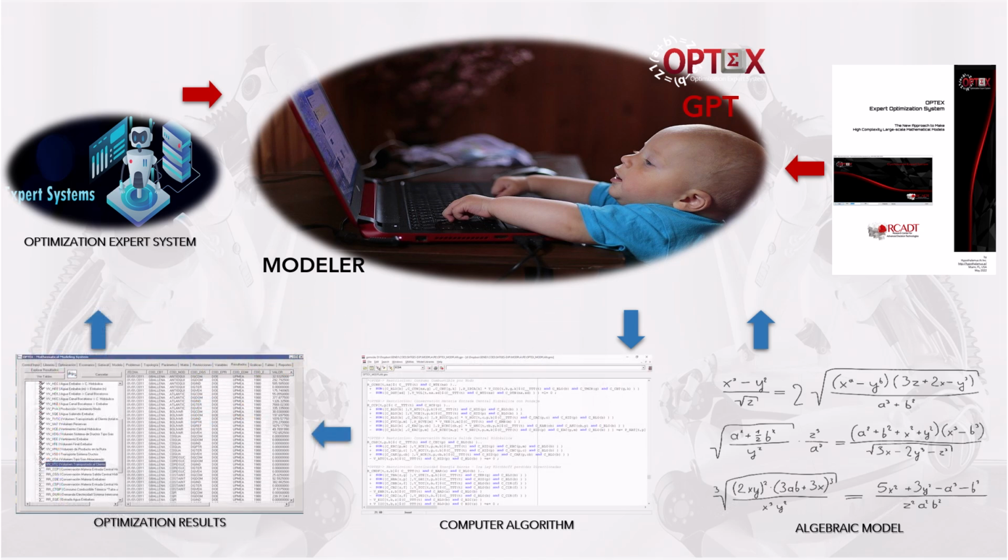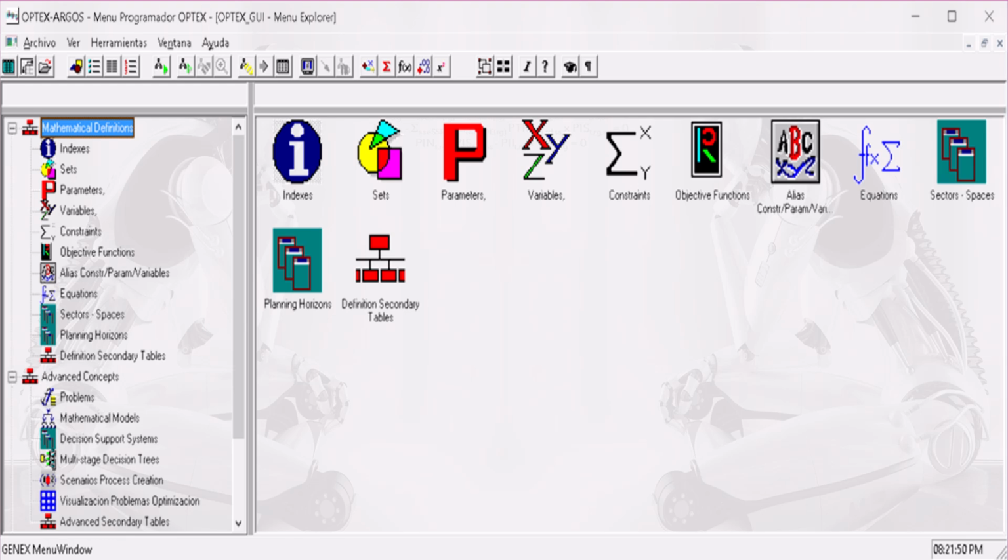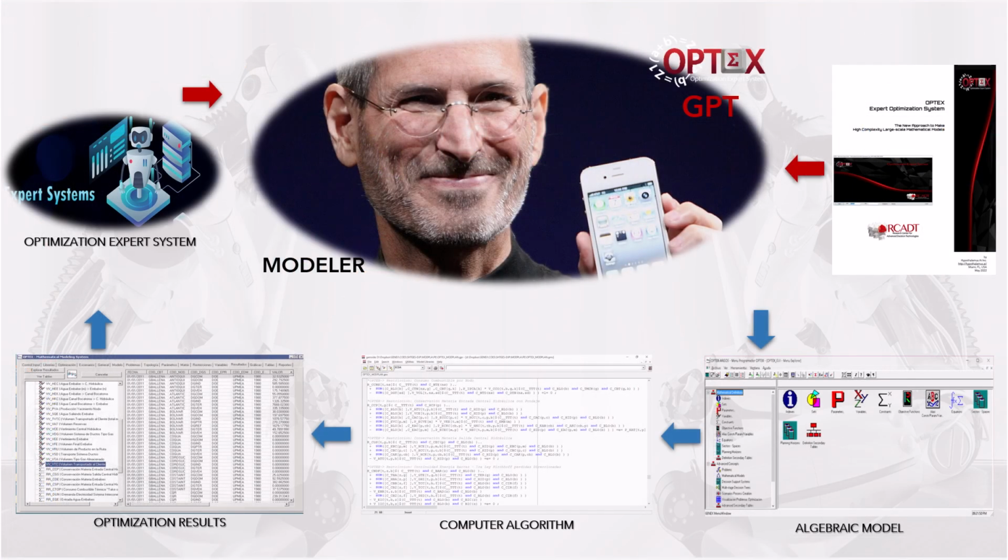The data source for building a model can be the description of the real model, and/or the algebraic formulation, and/or pre-existing models in the OPTEX database. Although it may not seem practical, when GPT voice interfaces are ready to use, the interaction with OPTEX-GPT could be speech-to-speech. OPTEX-GPT will become the new user interface of OPTEX, with the same current capabilities that are based on the ability to manage the database in different ways.